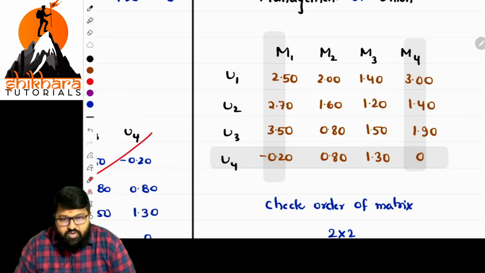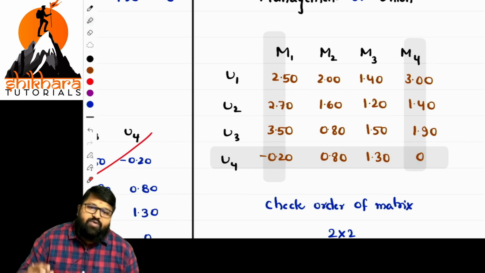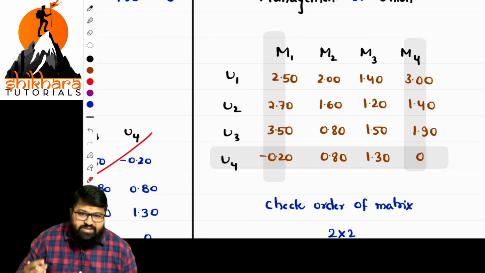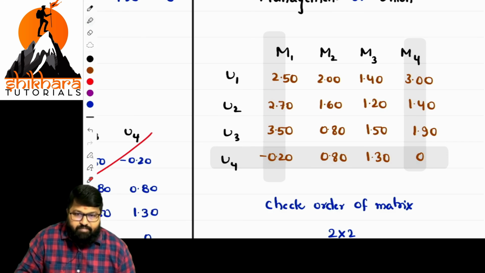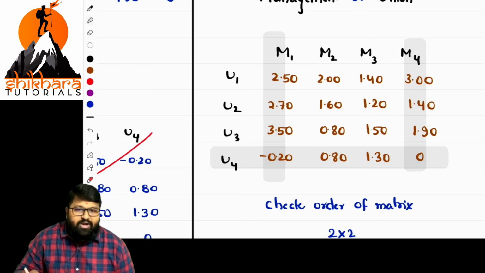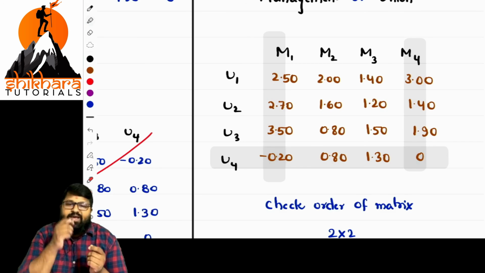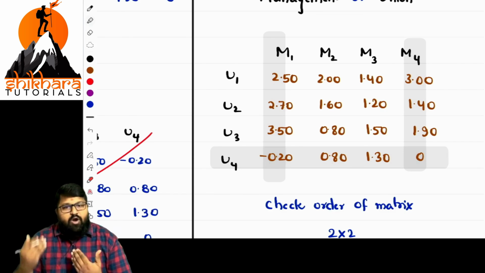Now, is the matrix order 2 by 2? No. Sir, until we are reaching 2 by 2, we keep on doing it. Once it is reaching 2 by 2, then what is the step? The most important step is that once it is reaching 2 by 2, then we automatically see whether saddle point is reached or not. That is, try to go with a pure strategy. When minimax is equal to maximin, then it is satisfied. If not, we apply odds method.